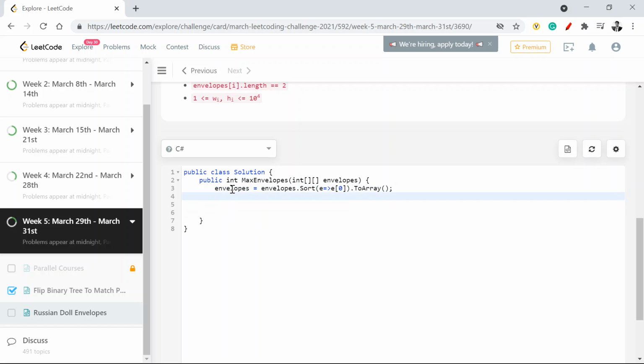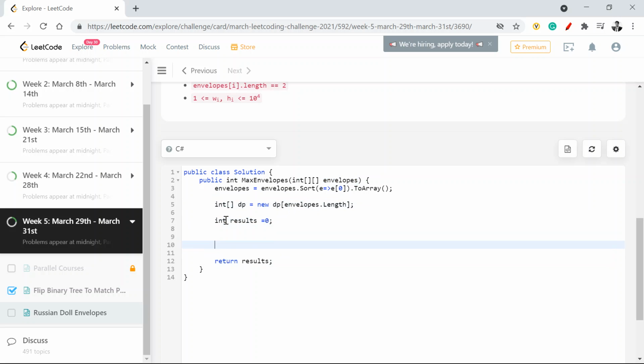What I'm going to do is create that array which is going to store the values. So that will be a dp array. I'll say int dp is equal to new int, and that will be the length of how many values I have, so envelopes dot length. I hope the spelling is correct. Now I need to return results, so I'll say int results is equal to 0, return results.